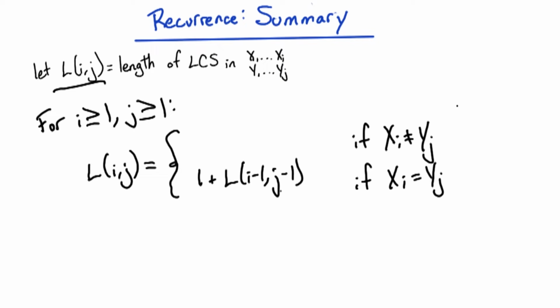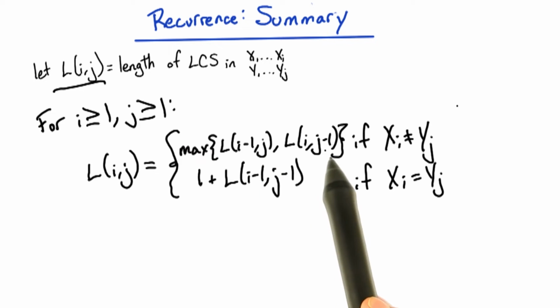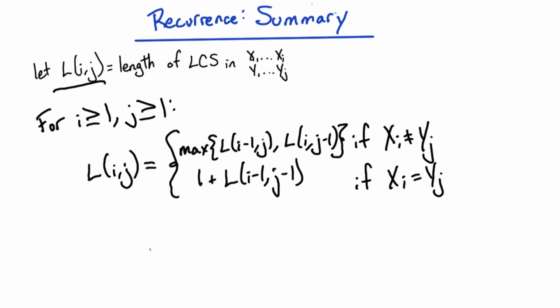Now in the case where they're not equal, we took the best of two scenarios. We either drop the last character from x, or we drop the last character from y. And we take the larger of these two solutions. And we also had the base cases where one of the two strings was empty, in which case the length